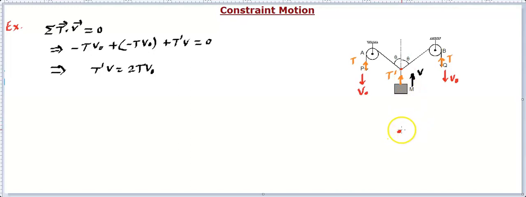In this junction point, you will find there's going to be a tension acting in this direction. That's a T. Another tension will be acting in this direction. That's also going to be T. And another tension is acting in the downward direction. That's going to be T dash. This T dash is coming because of the string downside. And these tensions are basically forces acting on this junction point because of the various strings, and the tension's direction is towards the string at any point with which the string is connected.